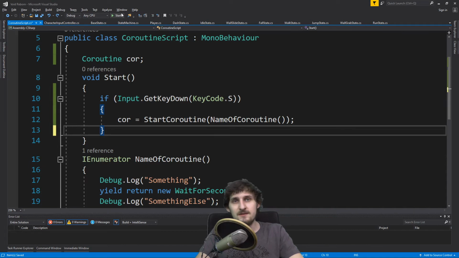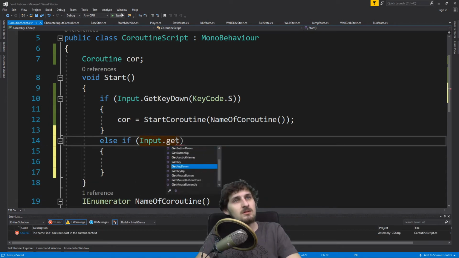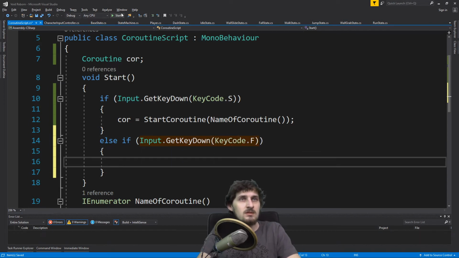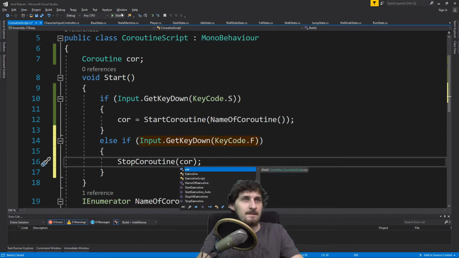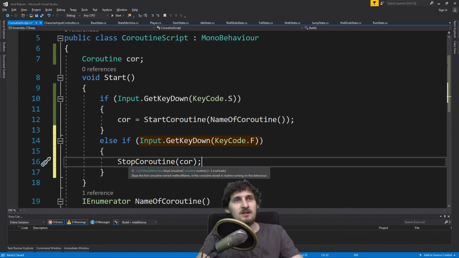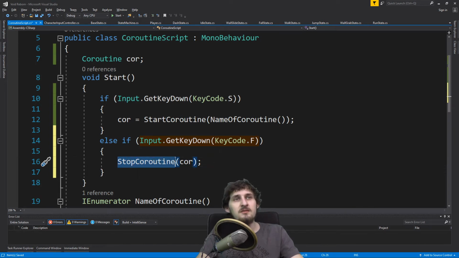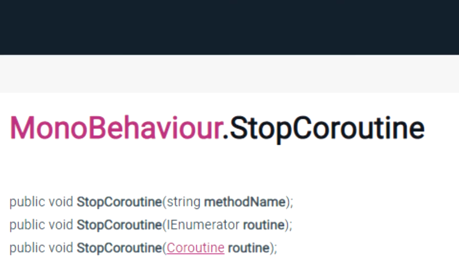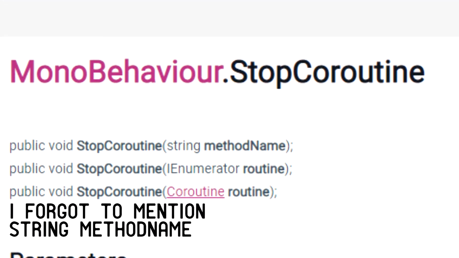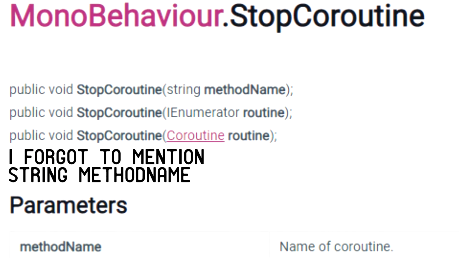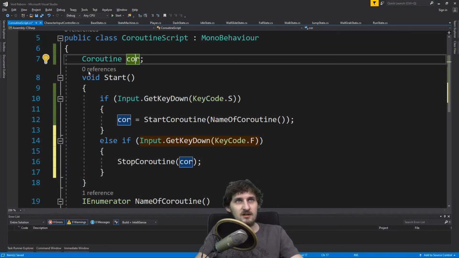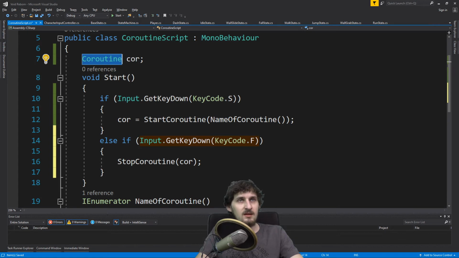And if I press a different button, I'm gonna be stopping the coroutine. When you want to stop a coroutine, you're gonna be using the StopCoroutine function, which takes one argument, which can be either a Coroutine type value or an IEnumerator. In our case, we are passing our core, which is a Coroutine type, and we are saying that when we